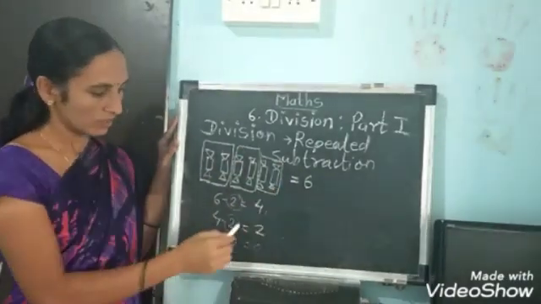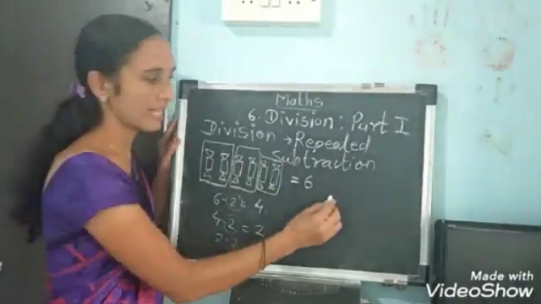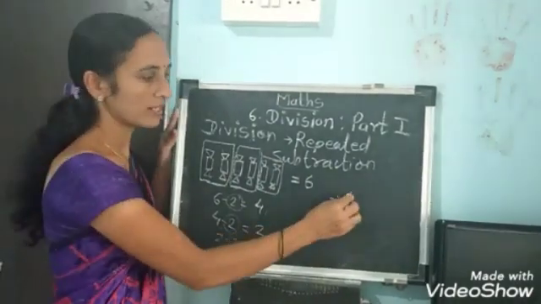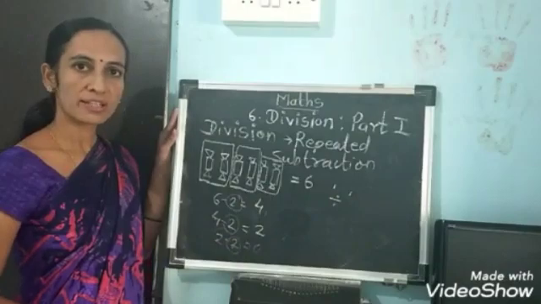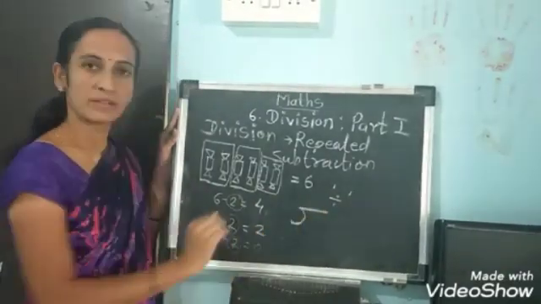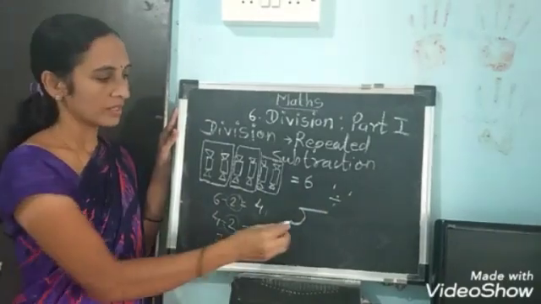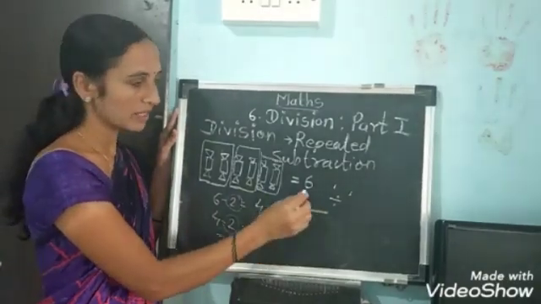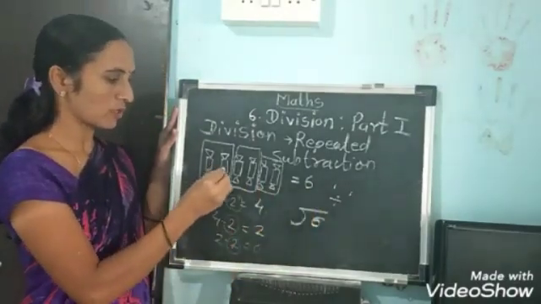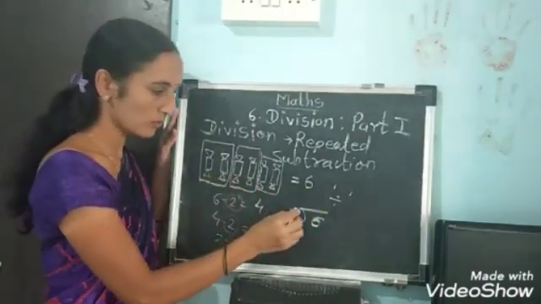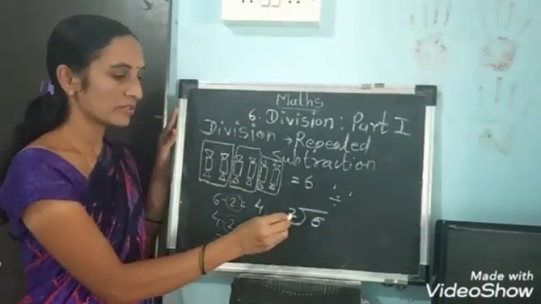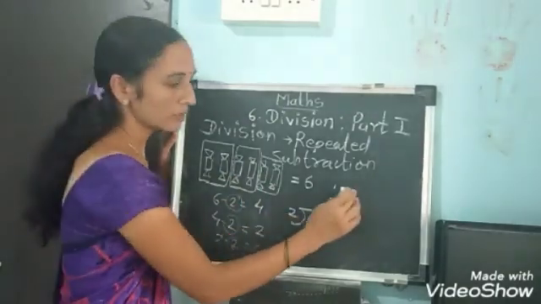How? I did not put a division sign here. Which sign do we use for division? This is the symbol we use for division. Then how to solve this example by the division method? See, it is the symbol. Here inside put the bigger number. We have 6, and which other number? 2 chocolates I am giving to each boy. So write the smaller number here. Inside write the bigger number, outside the smaller number.